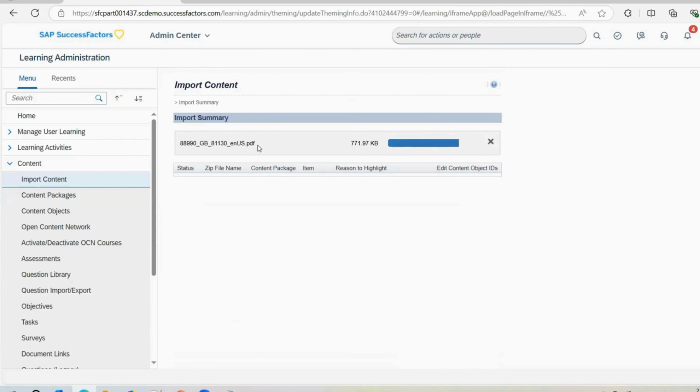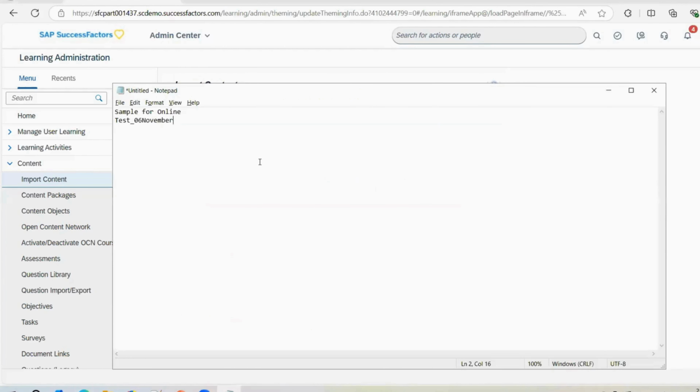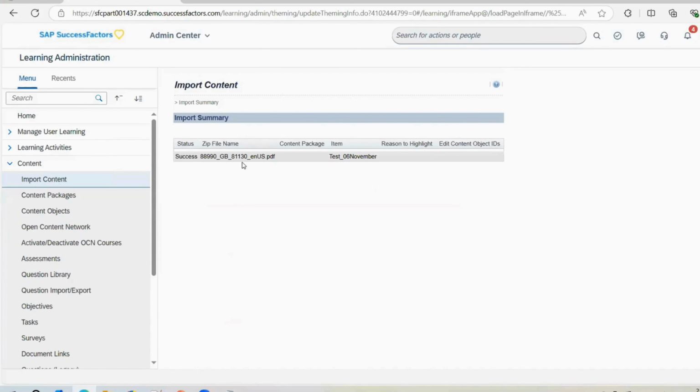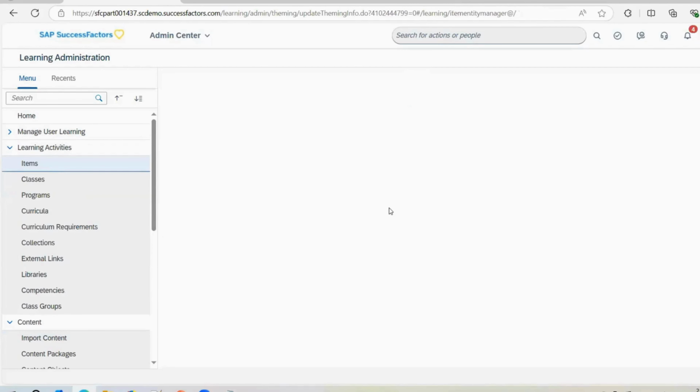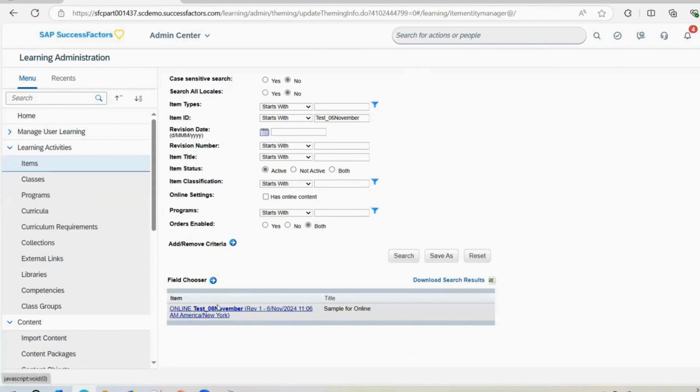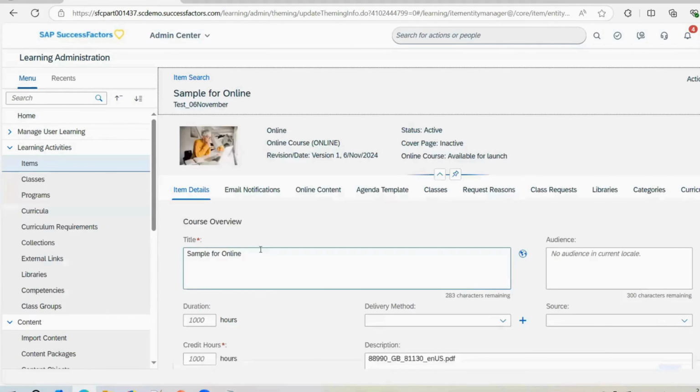Import. So it will run for some time. If the file size is big, it will take some time. If the file size is not big, it will run and immediately give you the result. So it's created. And the item is test 06 November. I'll go to item ID. See, item is created